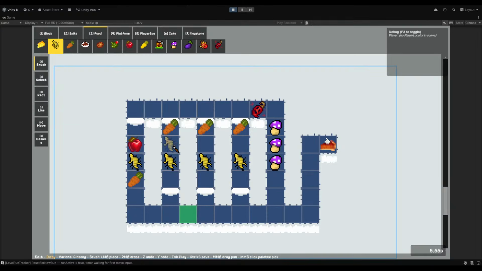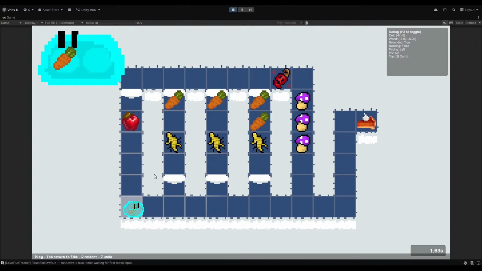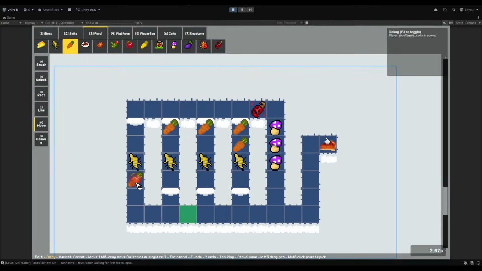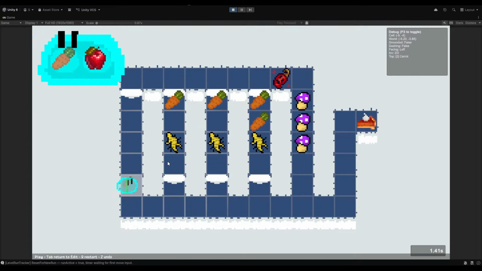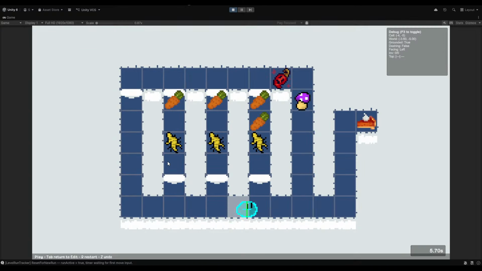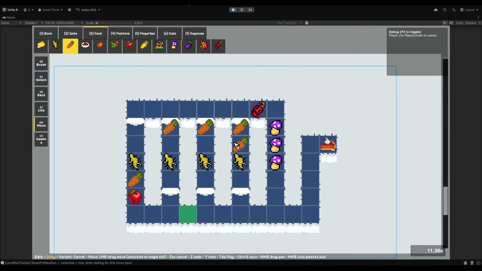Then let's see. Let's make this level possible first, and then we can think. And then it's not possible. Okay. It's getting closer. Hey, Noms.